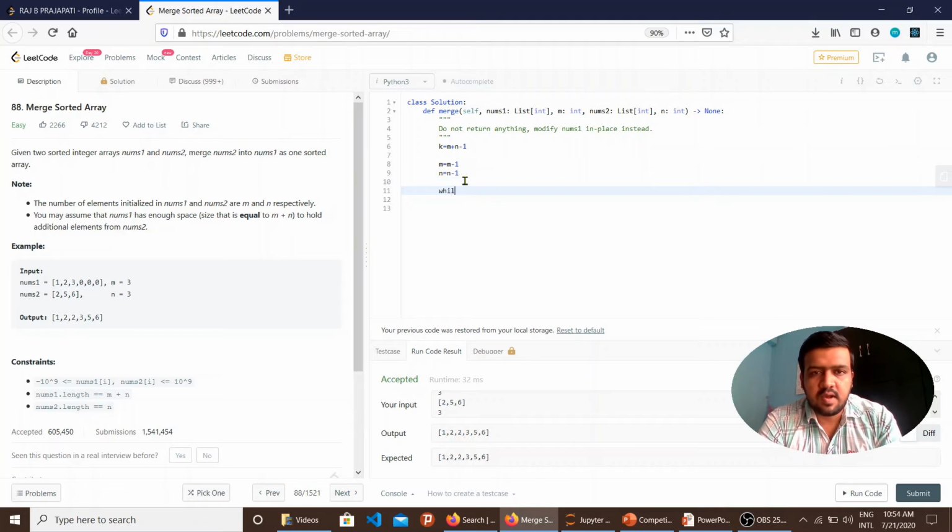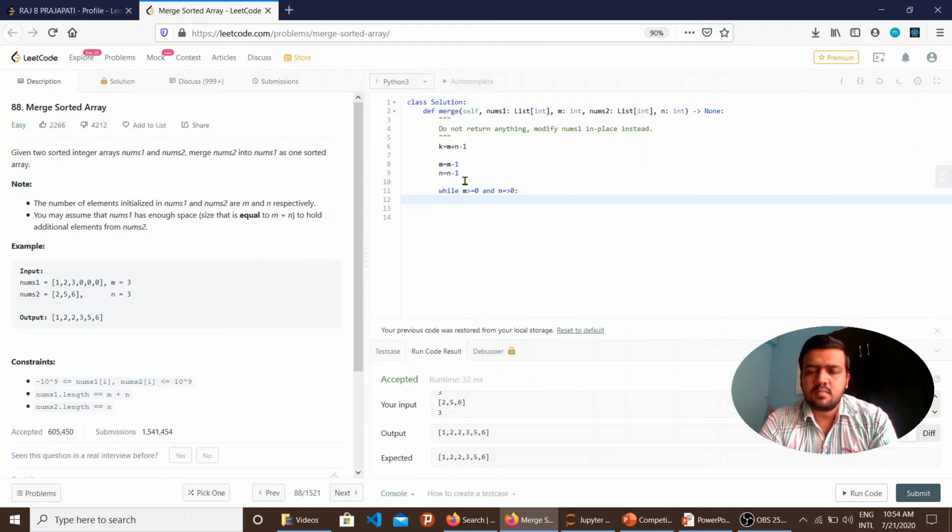What I will check is, while n and m are greater than or equal to 0, I will perform the operation where I compare two elements, one from each of the arrays, and keep one of the elements in its rightful position in the sorted array. I will check if nums1 of m is greater than nums2 of n or not.